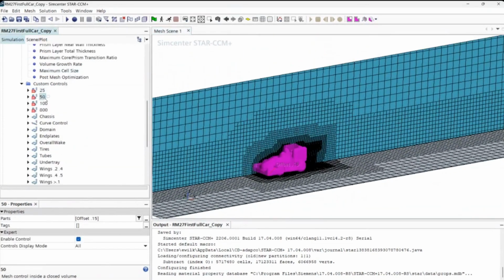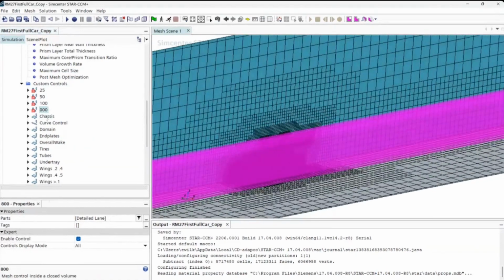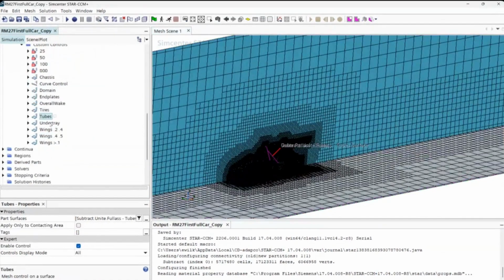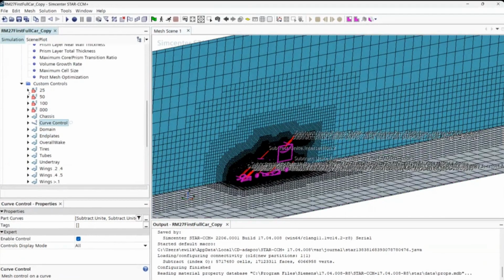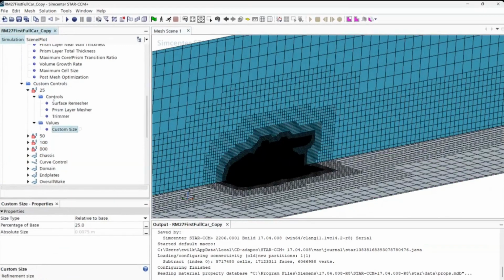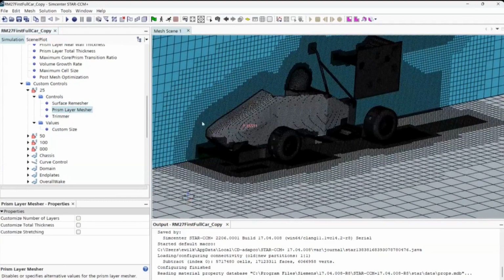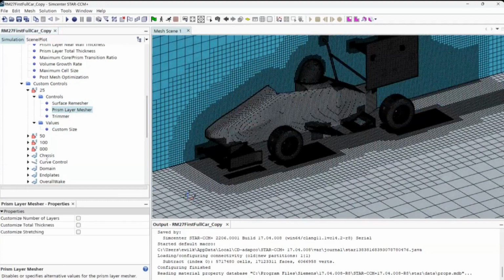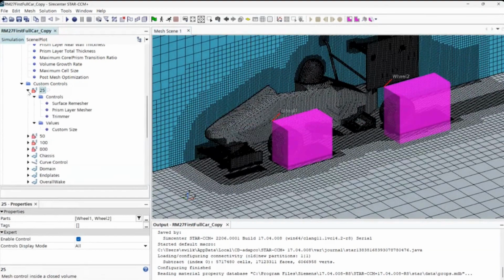Now, we have three types of custom controls. Volume, as they're here, their inputs are volumes. Surfaces, their inputs are surfaces, as you can see. And curves, whose inputs are curves. Now, essentially, with every volume control, if we go in here, you can control three measures. If you want this certain volume to have the prism layer measures, you can import that, but every single surface in here has a different prism layer measure, so it's done in curve controls instead of just in volume. So essentially, if you wanted to,